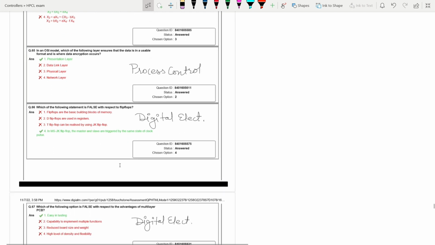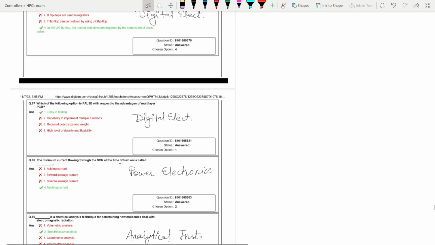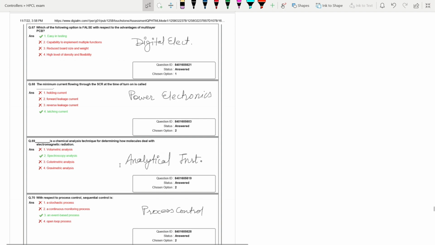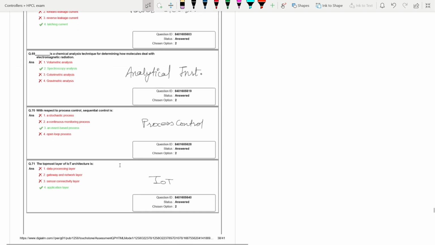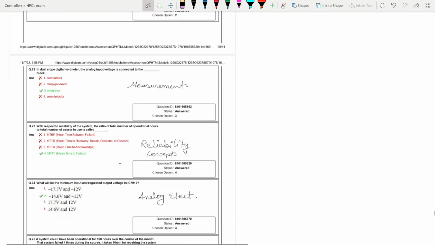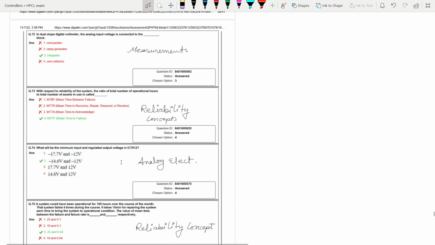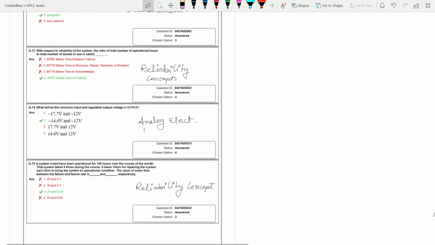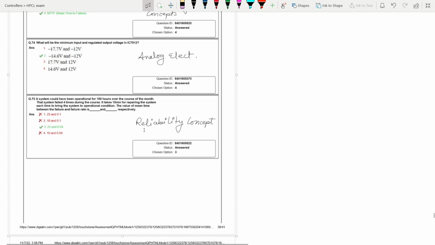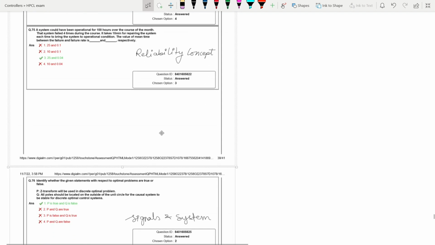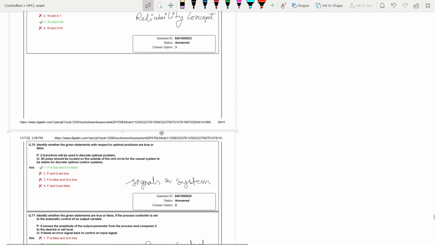Then you have digital electronics questions, power electronics, again analytical instrumentation, process control. Then you have IoT, measurement. Again there is a reliability concept, next one is from analog electronics, reliability concept. This reliability concept is more important, as you can see the bathtub curve and mean time to failure and all those things are in this particular topic. So these are also important for the